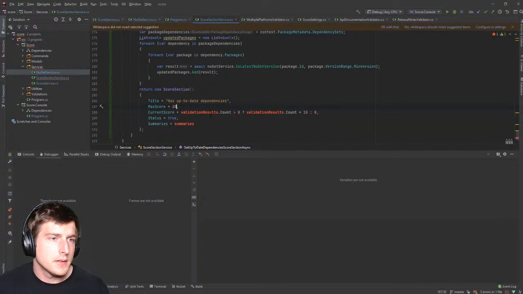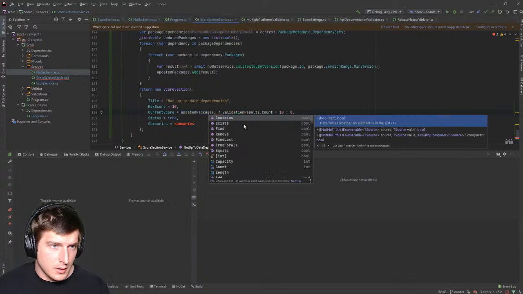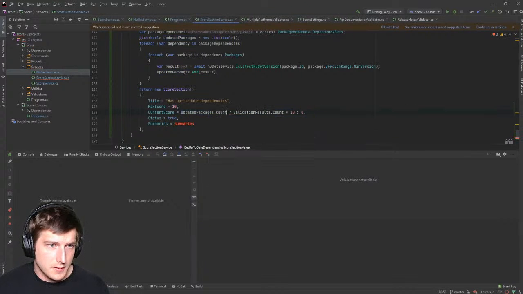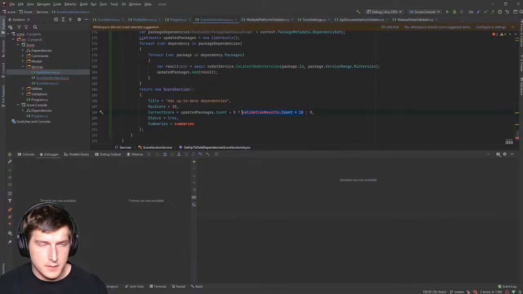Max score for at least this one is going to be 10. The current score is either a 10 or 0. So we want to check the updated packages count, and we want to say if it's greater than 0, it's going to be a